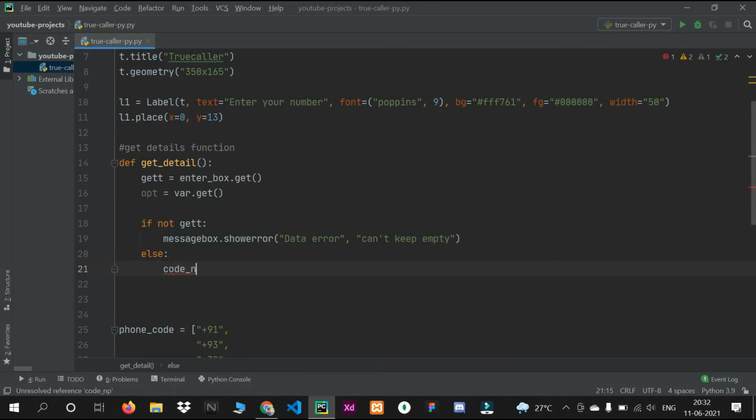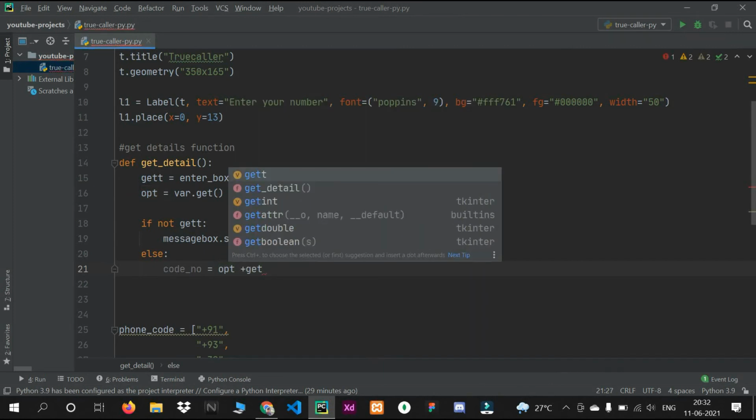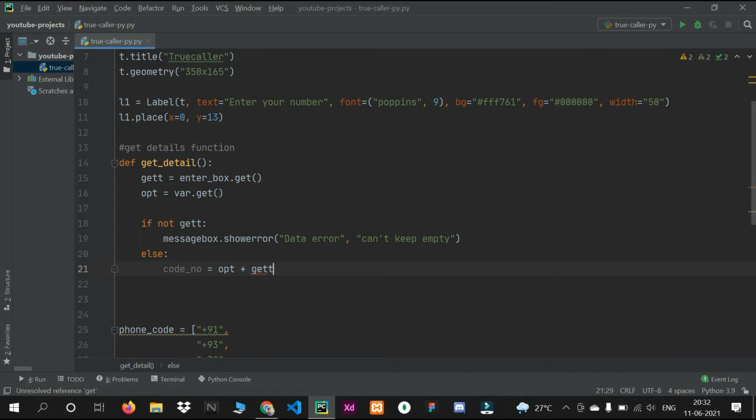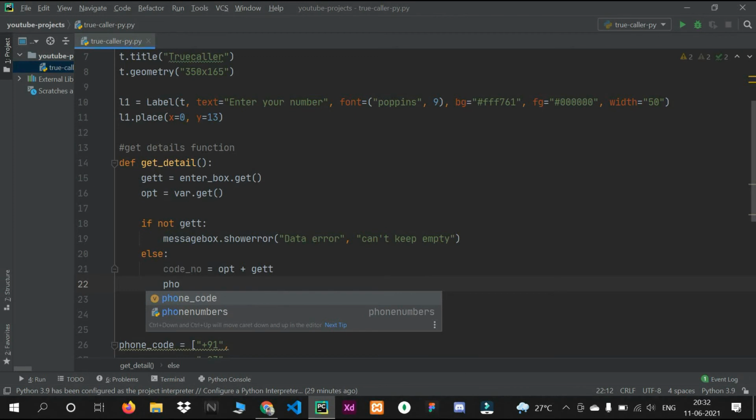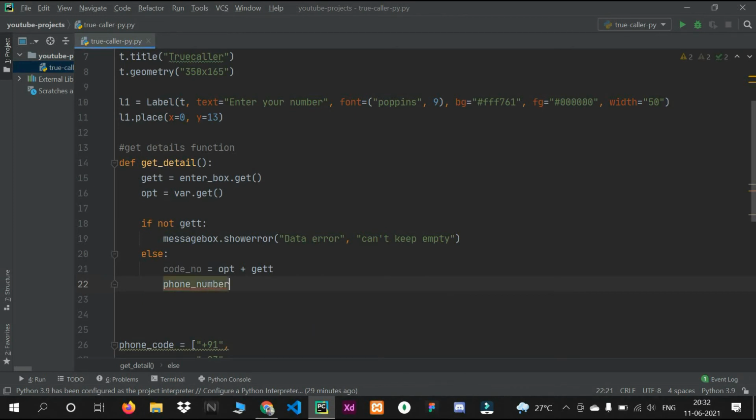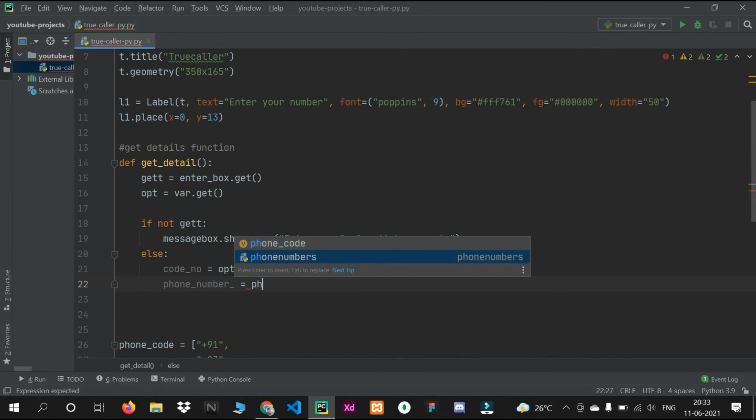So I will just write one. We are using this option, so option plus get. We are combining these two variables in this variable, code number, and then we'll take one variable, let's say phone number, and then we will use phone numbers dot.